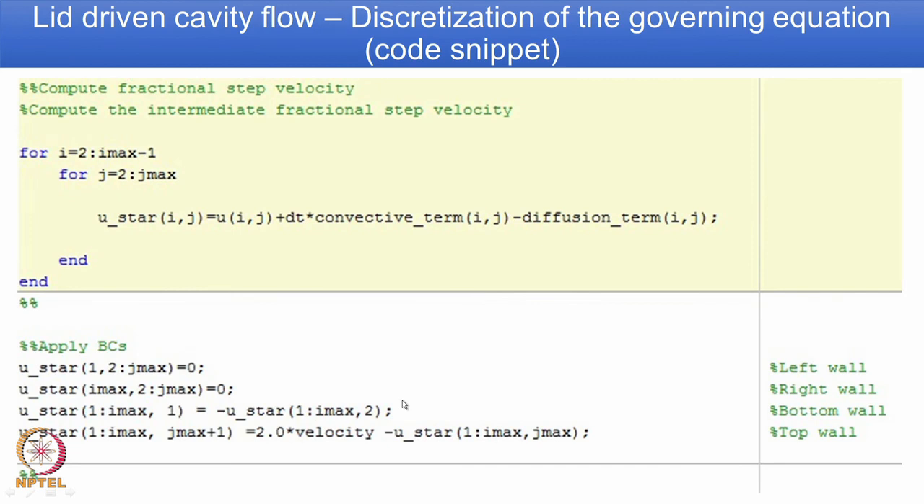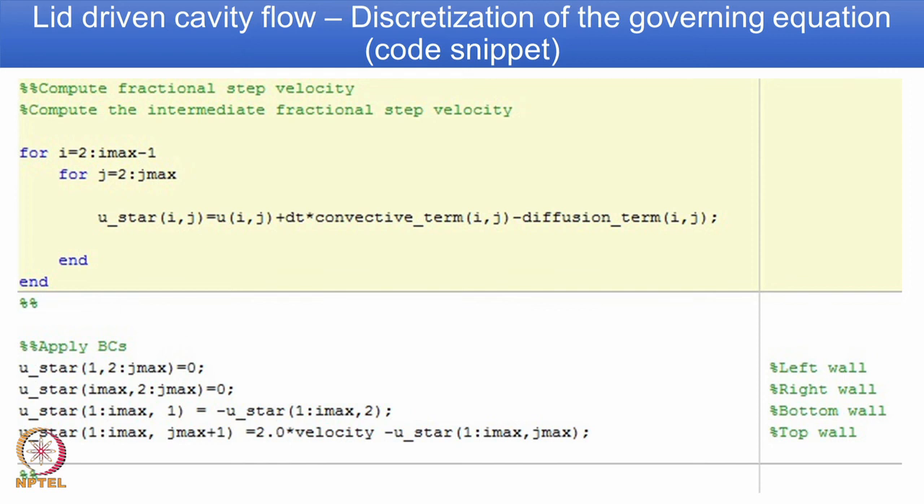So, the corresponding code is shown here for i equal to 2 to i max minus 1 and for j equal to 2 to j max. We calculate the intermediate velocity, we use u star i comma j as u i comma j plus delta t. In the code we use dt multiplying the convection term and diffusion term. Once you solve